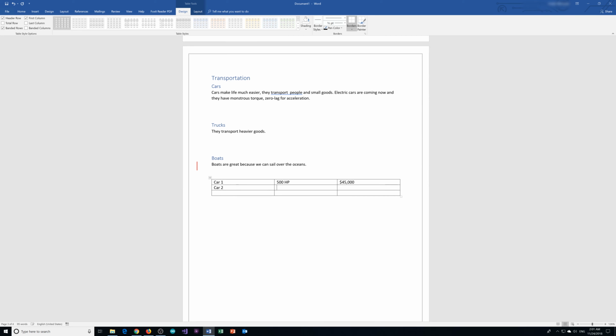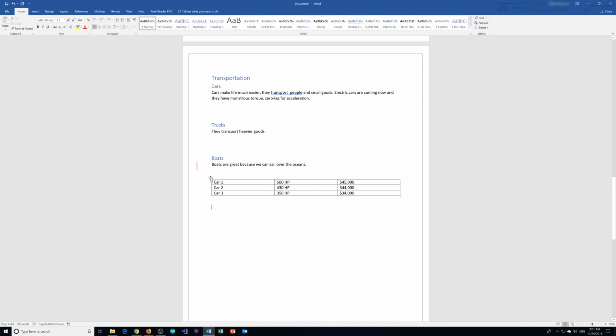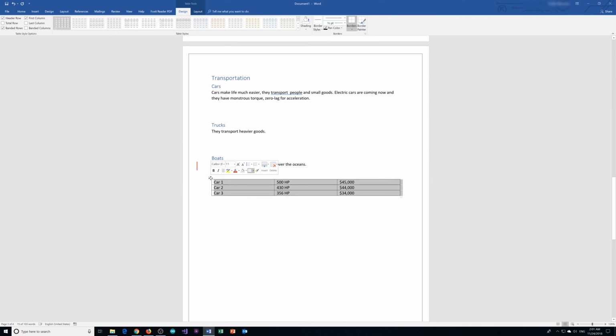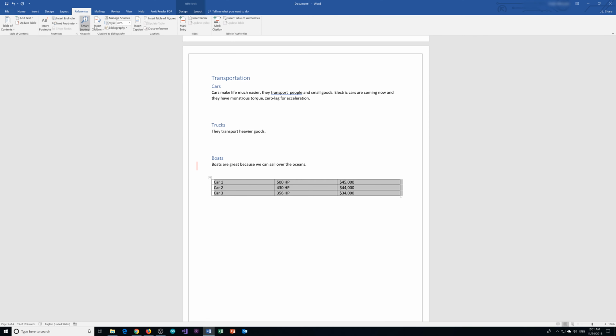Car 2, 430 horsepower, $44,000. And car 3, 356 horsepower, and that was $34,000. Let's just say. So if we click this and highlight the entire table, if you click on references and do